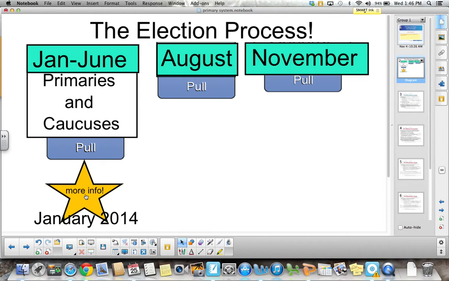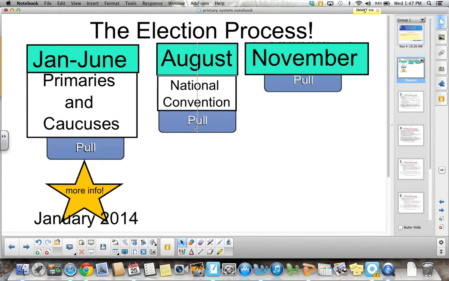So we're starting in January, but in a non-presidential election year we'll get going as late as May or June for most states. When we elect a president, though, it's a super big deal. So we push it way up early, and states start their nomination process in January. On a presidential election year only, this is every 4 years, the next thing that happens is the national